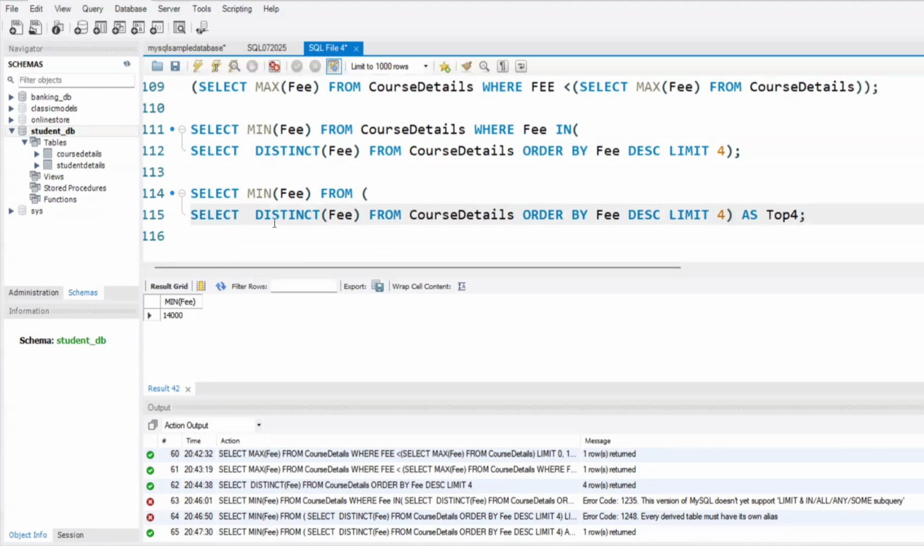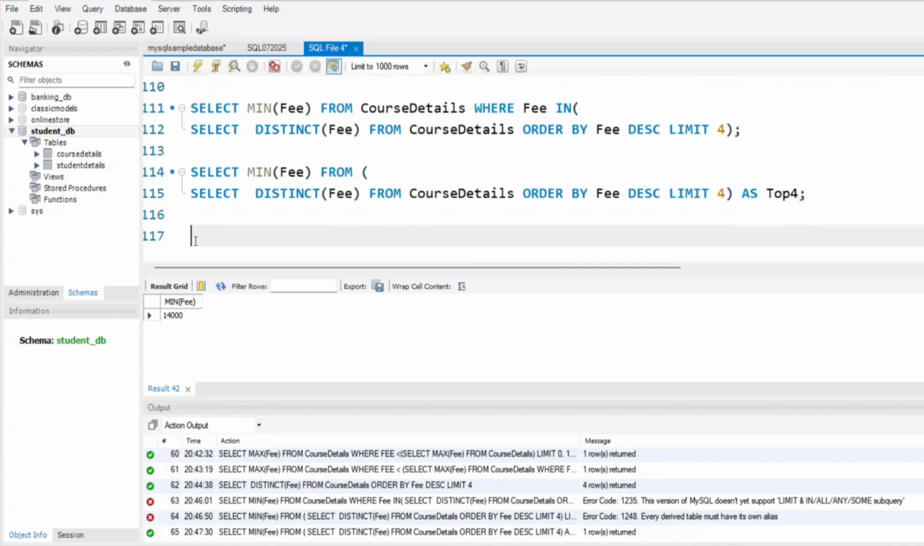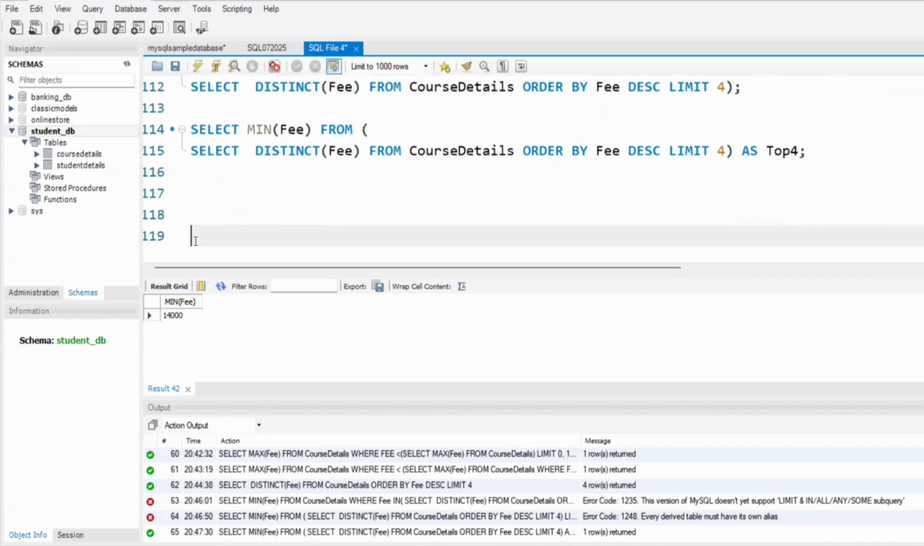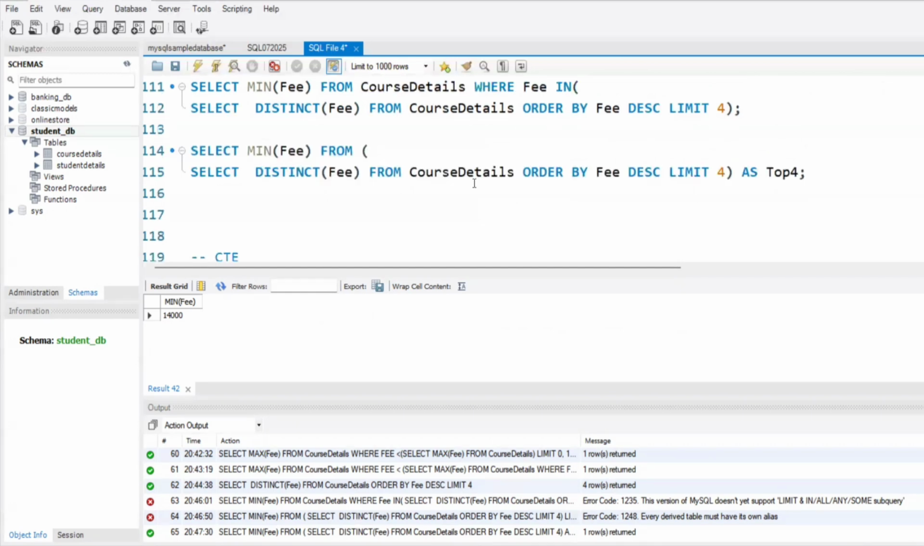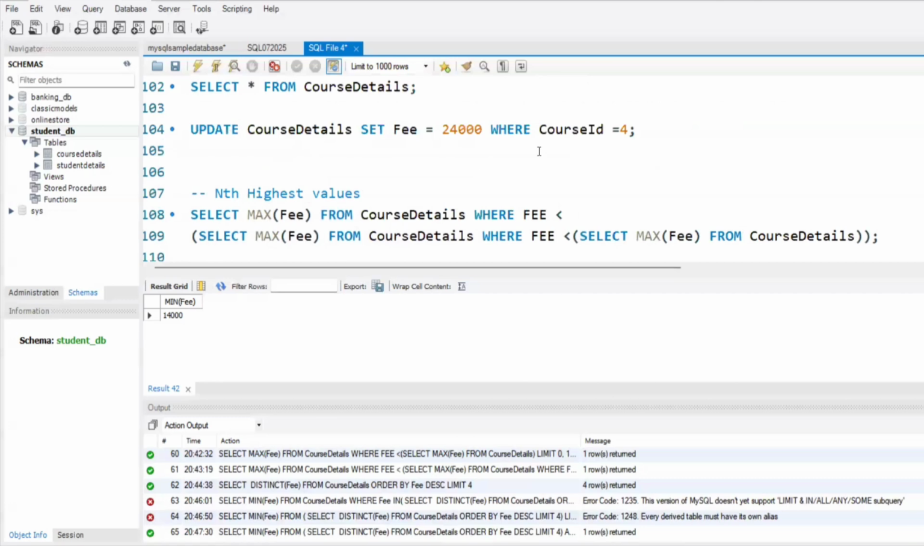If we want to find the nth highest value in SQL, then we need to follow the approach called derived tables, where we write the inner query in the from clause. After that, we have one more last concept in query writing, which is the common table expression. Common table expressions are used whenever we want to perform any additional operation on top of a query. For example,